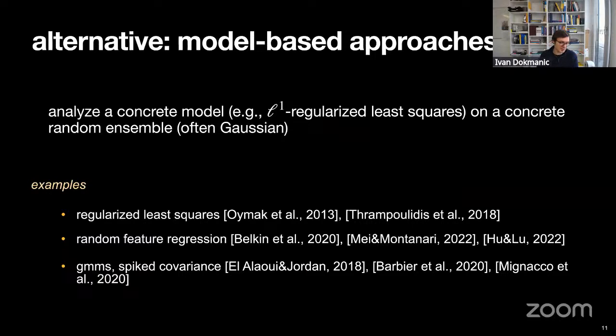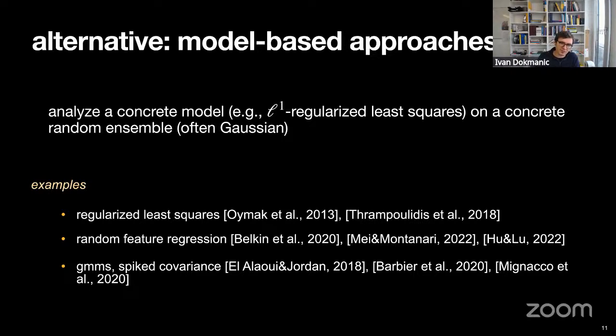Okay, so what's an alternative? An alternative is something that physicists have been doing in the context of signal processing, and later machine learning, I guess since the late 80s, and it's to analyze a concrete model. So instead of saying that we want to build a theory that works for a huge range of possible hypothesis classes and any distribution of data, we actually want a theory for a concrete model that's often a simple one, and for a concrete data generating distribution that's sometimes Gaussian, or a Gaussian mixture.